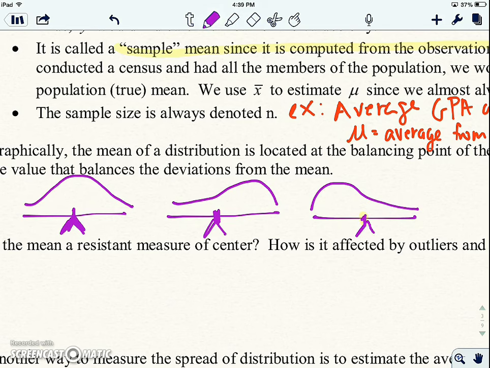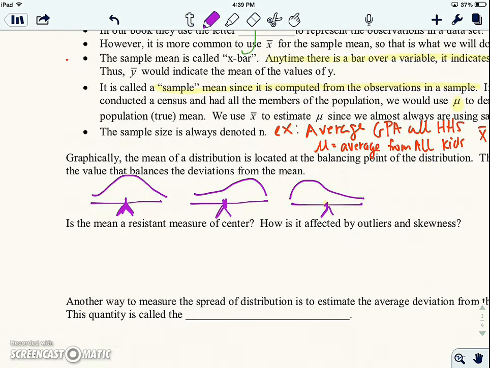Otherwise, it would tip over. And we'll talk about that in class, and I'll show you an applet, okay? Is the mean a resistant measure of spread? No. Okay, if we put all of your ages together, so student ages in the class,